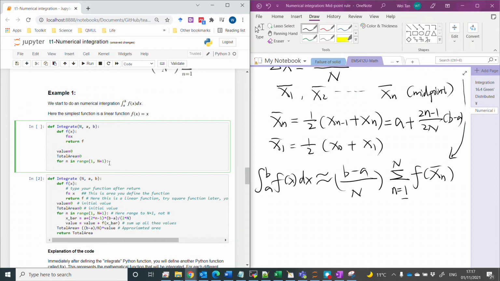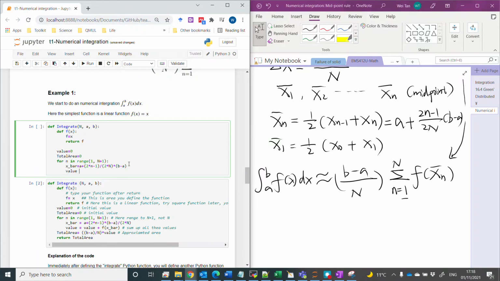Okay, and then we want to know what is this x bar, how to calculate this value x bar, because that will need to be passed to our function. X bar, as we have defined here, is a plus 2n minus 1. Make sure you have 2 times n minus 1, divided by 2 times n, and times b minus a. So this gives you the x bar. Essentially we implement this function. Now you want to do a loop so that it adds up the values from the first, from the fx1, because remember, if you expand that equation,